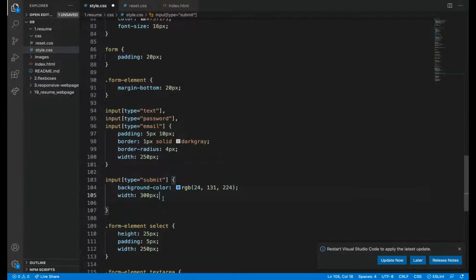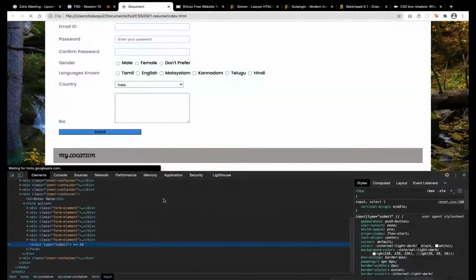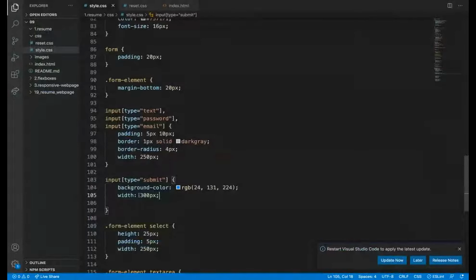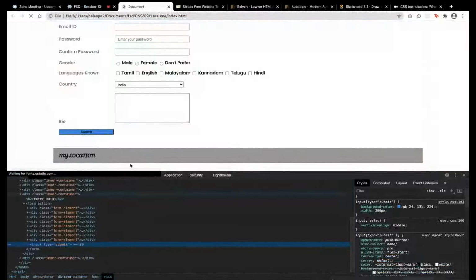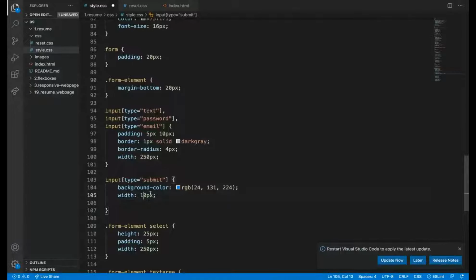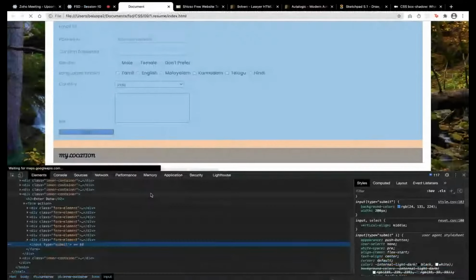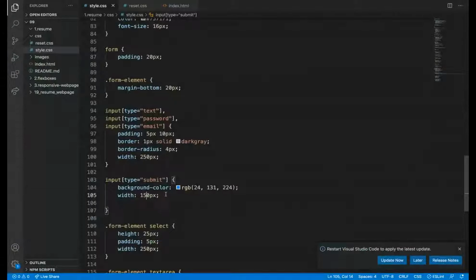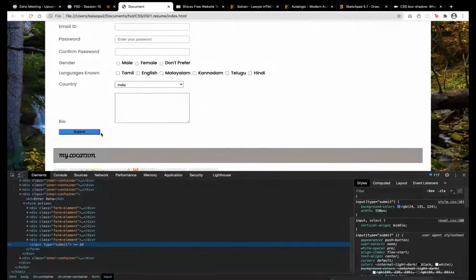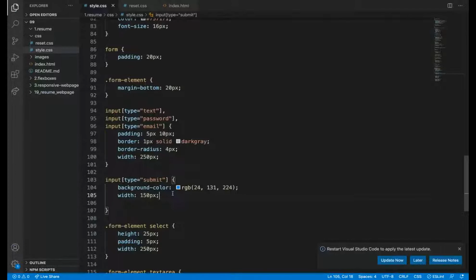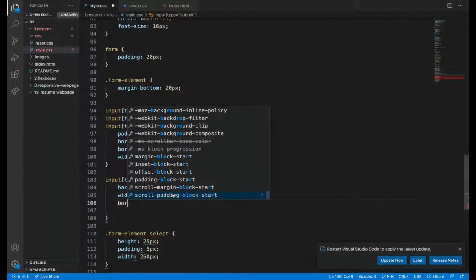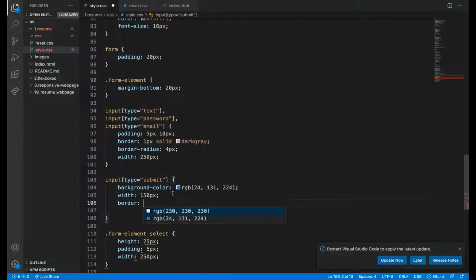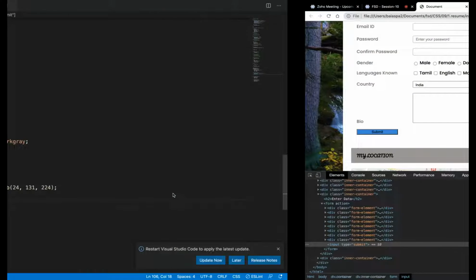Okay, some dark blues. I don't want this much also, 150 pixel. Width I gave, but color does not look good. And then there is a border with gray color, a default border. I don't want that. So if I don't want that border, I can give border none.